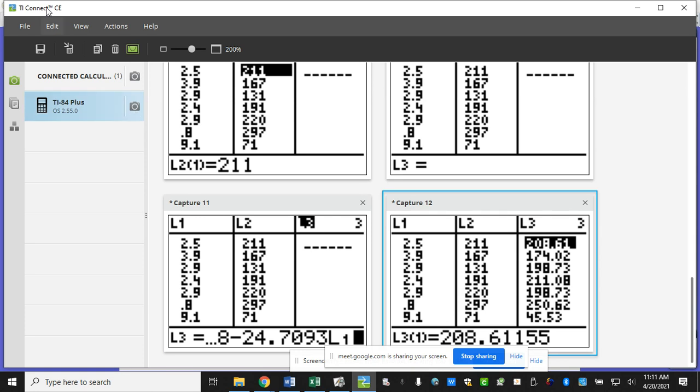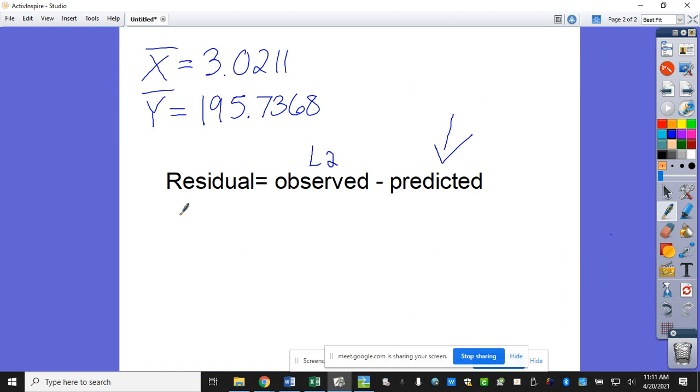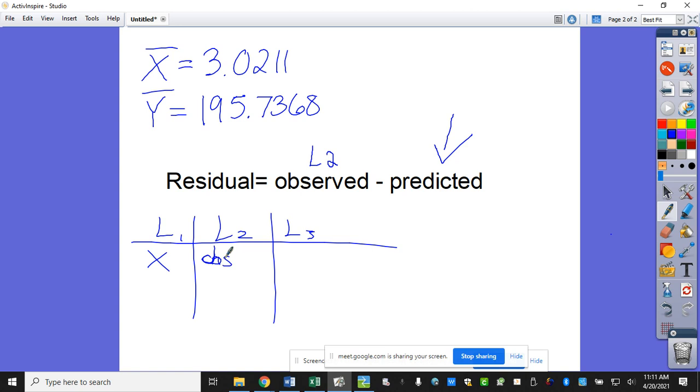So my list 3 right now, so we don't have to do the one where we're transforming everything, but I still like to do this to help me. Right now, what's in my list 1? What's in my list 2? My Y's, which are my observed, because I like to think about it the way I'm thinking through it there. What's in my list 3 now? So what am I going to put in my list 4? Which will give me my